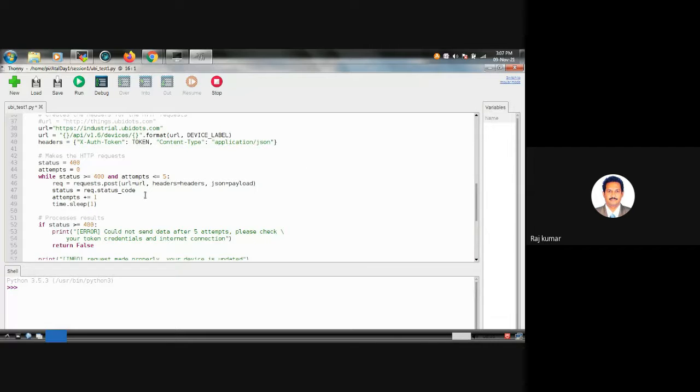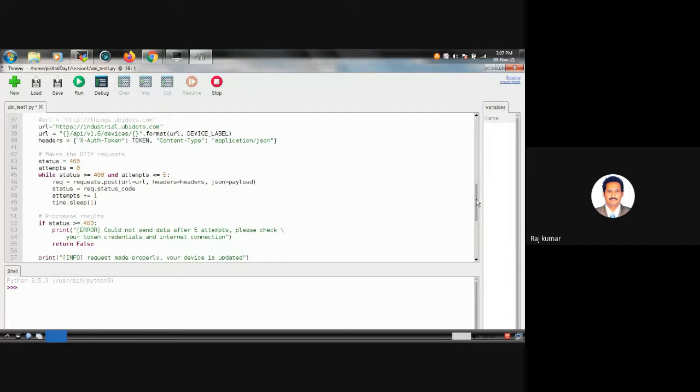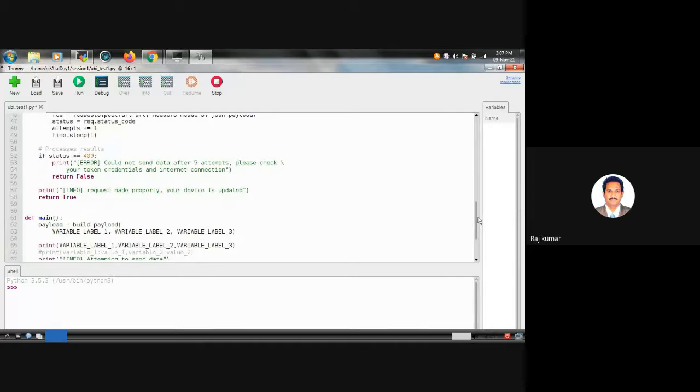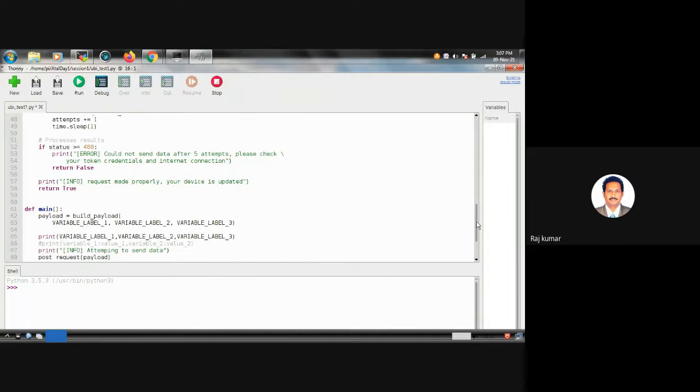When it is greater than 400, some error message will be displayed, because if you provide wrong credentials like the token number, after 5 attempts, automatically it will display some information. Otherwise, it will return true, that is, the request was made properly and your device is updated. Like that, we'll get the message.